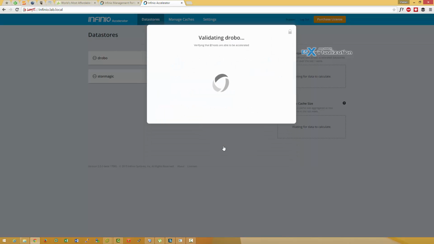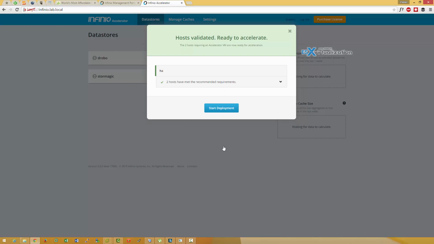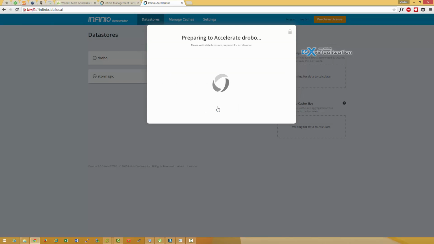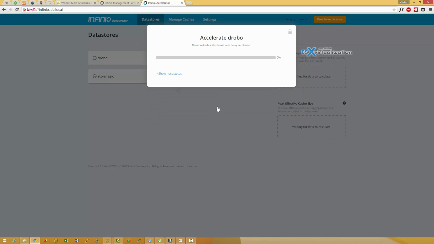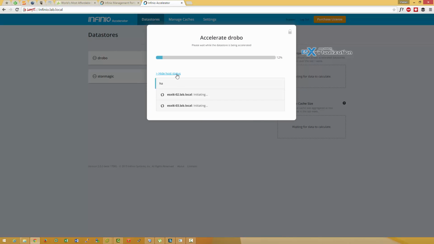So by default, the accelerator does pick up both of my hosts, and I choose to accelerate one of my data stores. The data store is iSCSI SAN called Drobo,